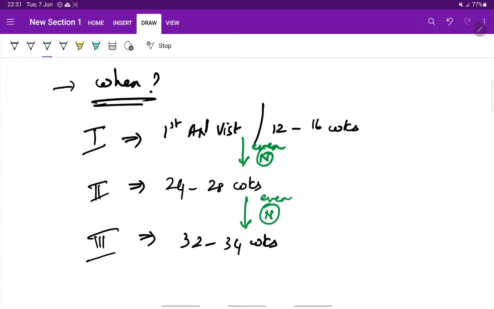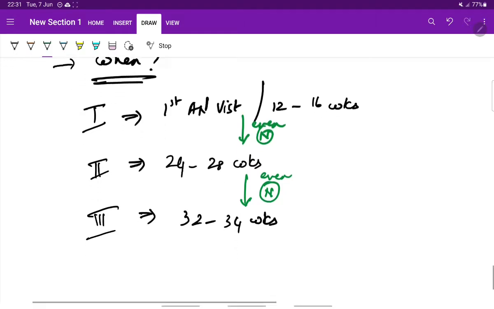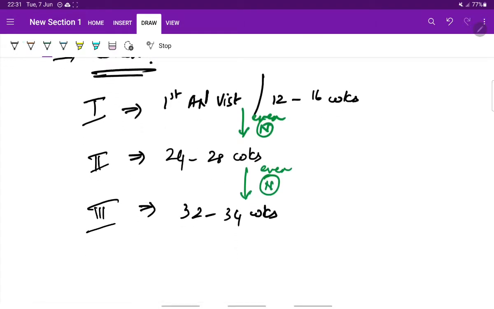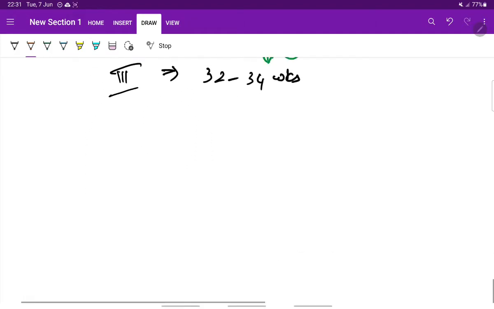So, the women who are tested normal at 12 to 16 weeks should also undergo repeat OGCT at 24 to 28 weeks, and even if they are normal at 24 to 28 weeks, they should be taken OGCT at 32 to 34 weeks. So, these 3 are mandatory for every antenatal woman. Coming to the management,